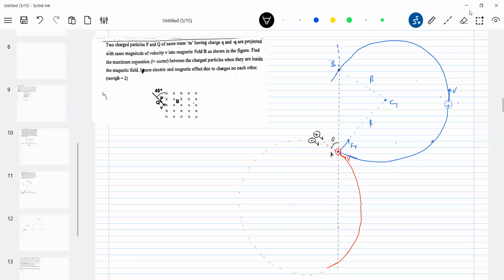It will emerge out with the same speed with which it entered. Same thing here, with what speed it entered, with the same speed it will emerge. So A, B, let me call this point D. The center of curvature of this will be here, C2. So how do you determine the center of curvature? Identify it at two different positions. Here F minus. Again, take one more position here also. At these two positions, the force will be acting towards a common point. That common point should be the center of curvature.